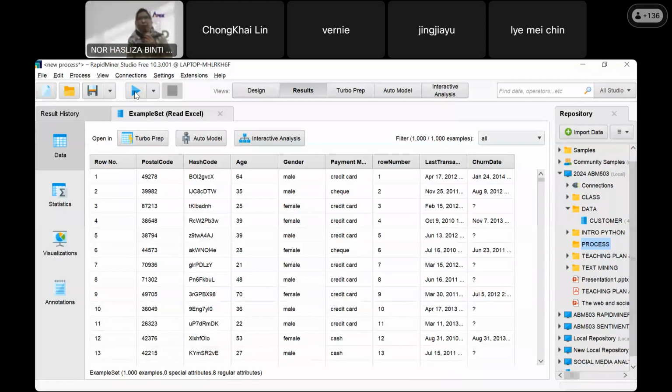Okay, simple. I forgot to give you another file. Can I share it with you inside our WhatsApp group? Wait, this is the sentiment analysis.